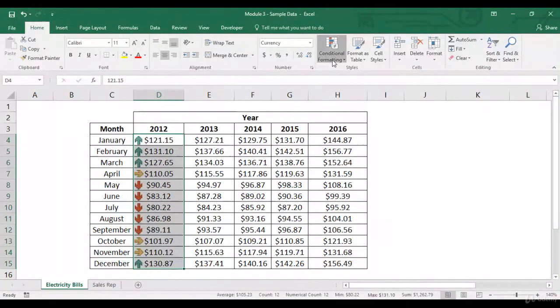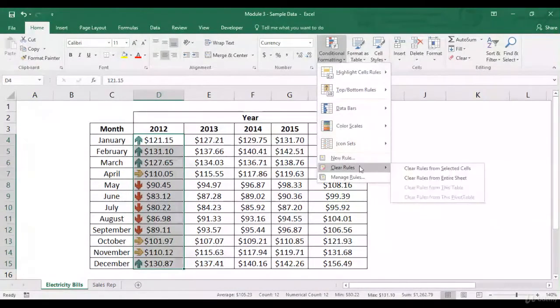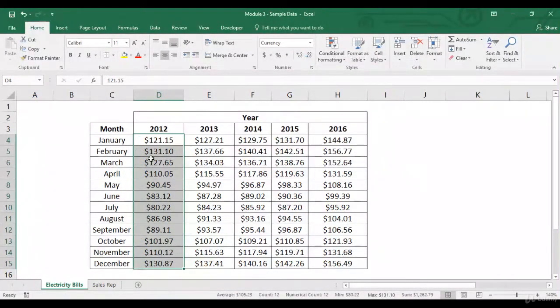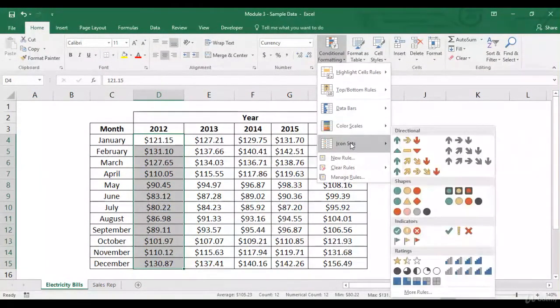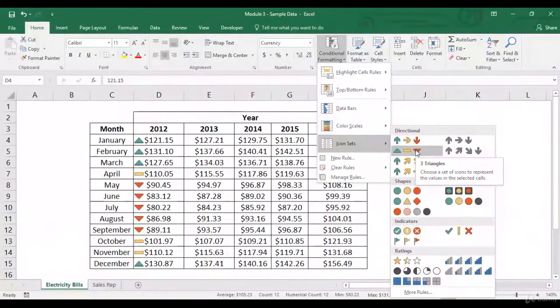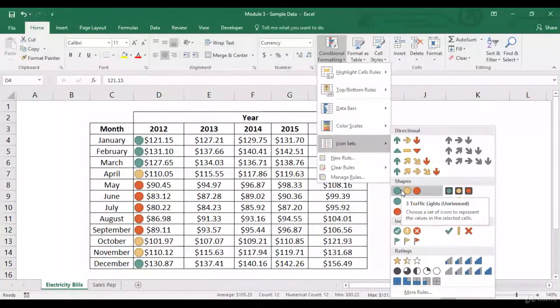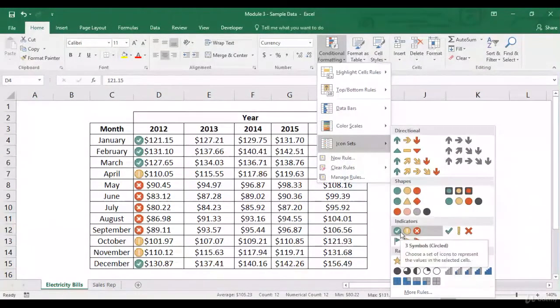Let's clear this. Similarly, you've got different icons over here which can be used in the same way. So these are arrows, these are triangles, these are four arrows over here, these are five. Similarly, you can have shapes, and then you've got indicators, then you've got ratings.